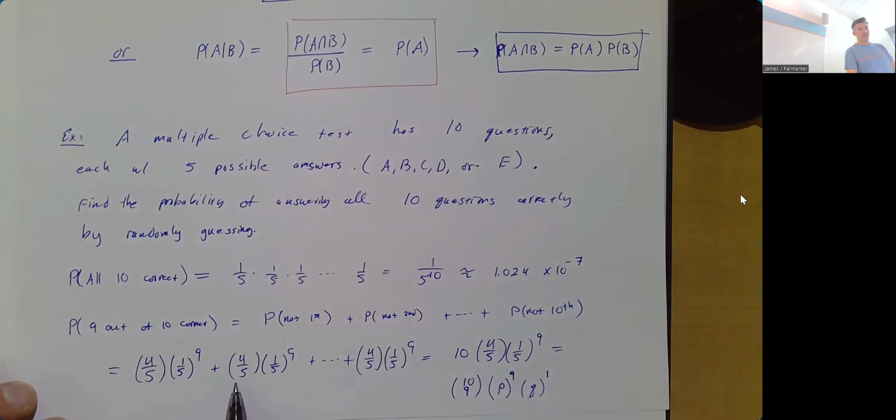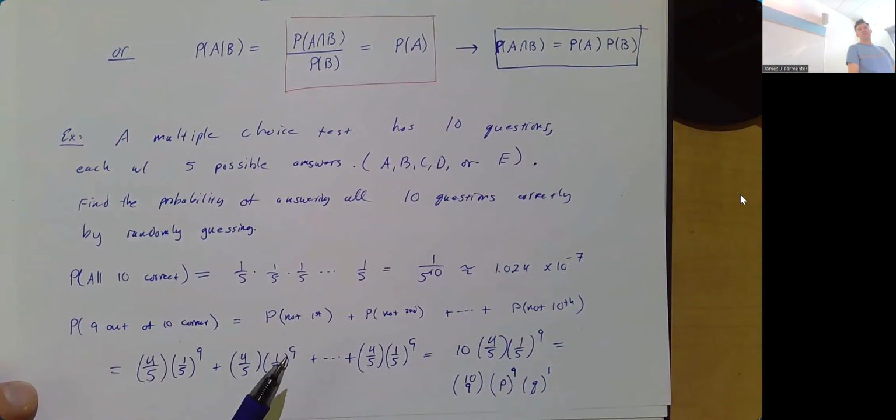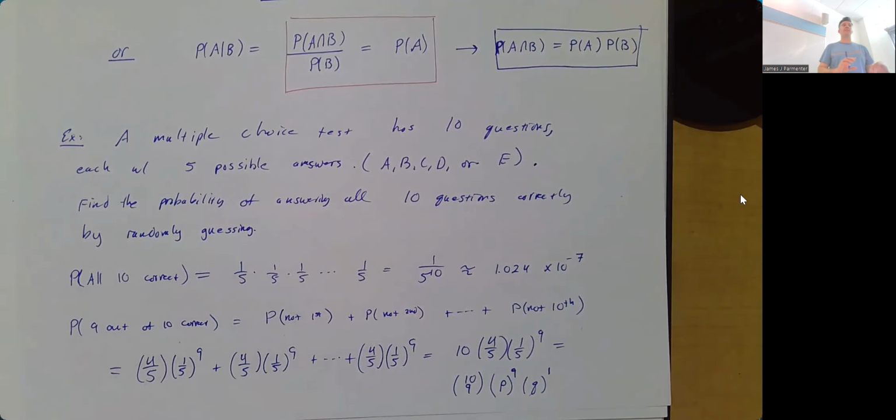Or the second one's incorrect and the other 9 are correct. Or. So that's kind of the idea. I know it is not very spelled out, right? It is just kind of something, I say this, unfortunately, you kind of have to develop a feel for. But with practice, you can develop a pretty good feel for, like, oh yeah, we want this thing